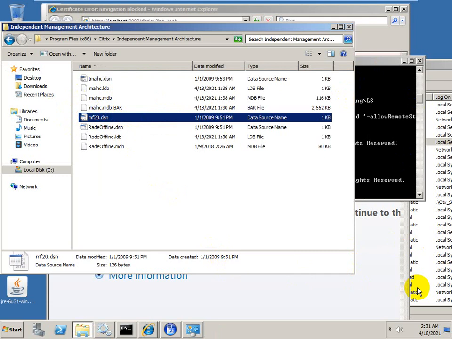All the details related to the database are stored in the mf20.dsn file. So whatever you feel is easy, you can write it down in Notepad. So that is the definition for mf20.